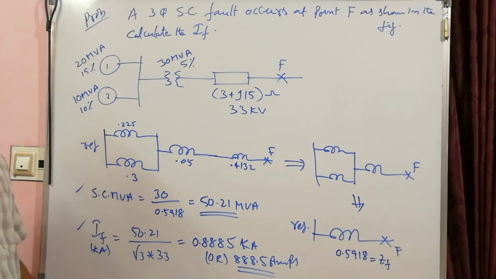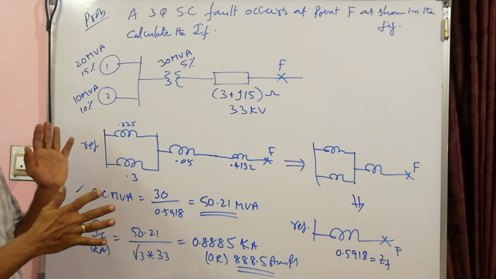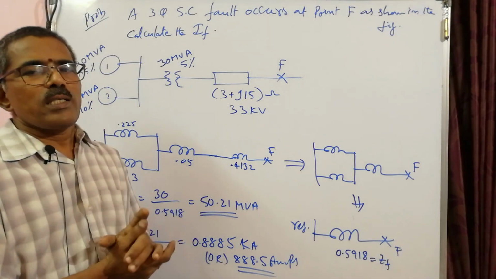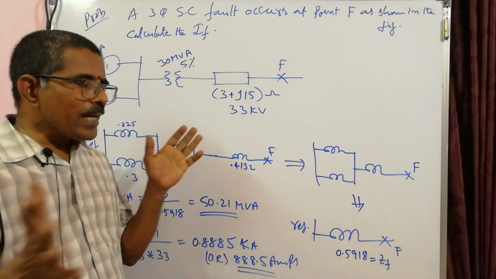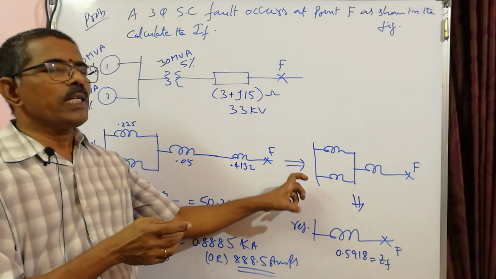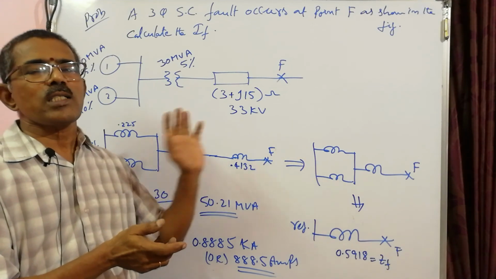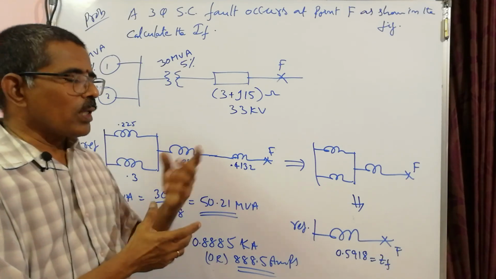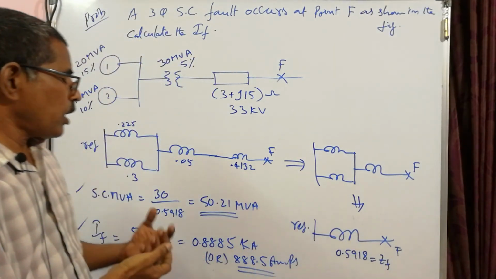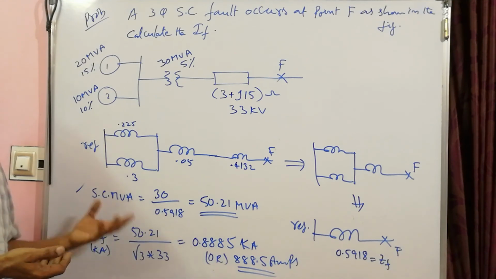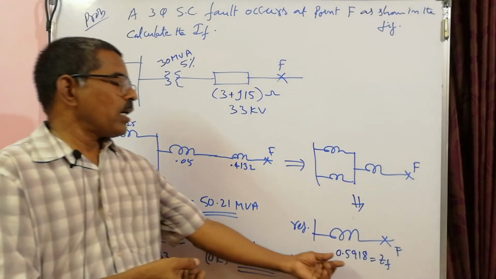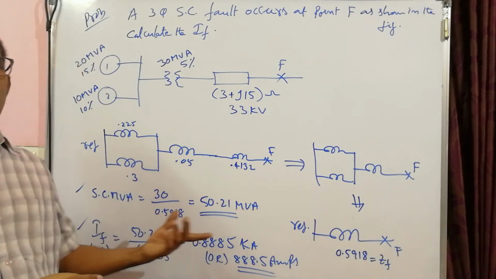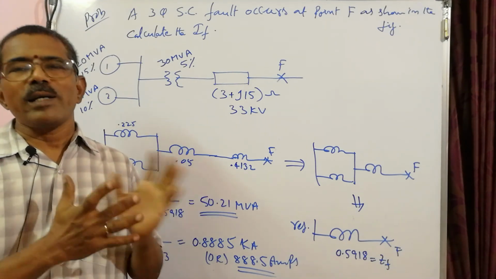So, this is how you need to do the problems. So, whatever problem that is given, you obtain the equivalent reactance diagram based on new MVA base, new kV base. Then condense that reactance diagram to single equivalent reactance. That single equivalent reactance is called per unit fault impedance or per unit fault reactance. So, once that ZF is obtained, you calculate what is short circuit MVA and then fault current. Short circuit MVA is base MVA by this per unit equivalent reactance. Then short circuit current is this short circuit MVA divided by root 3 into nominal voltage where the fault is.